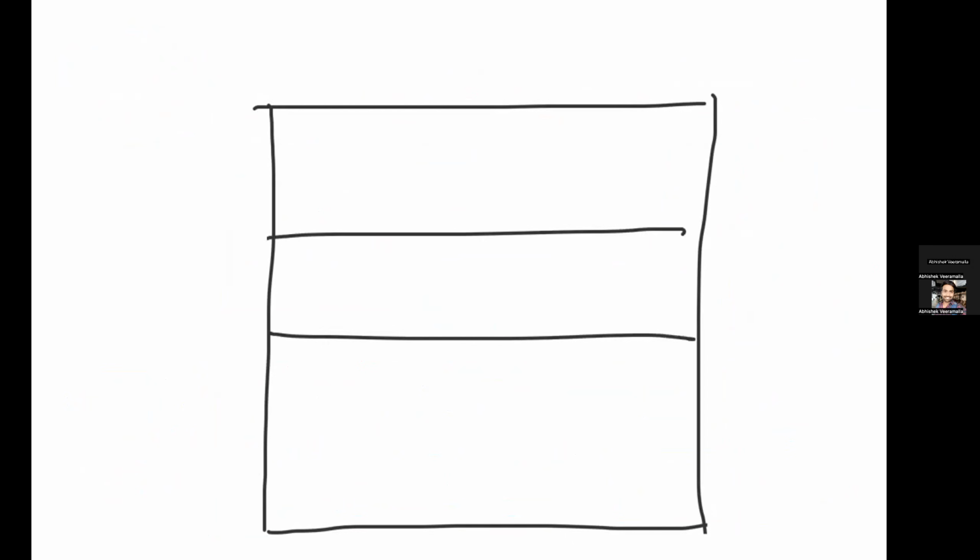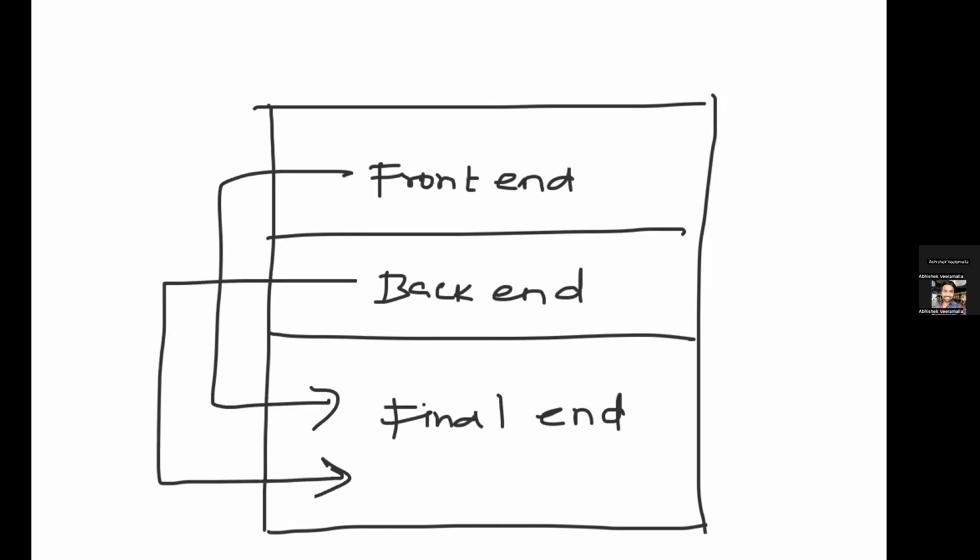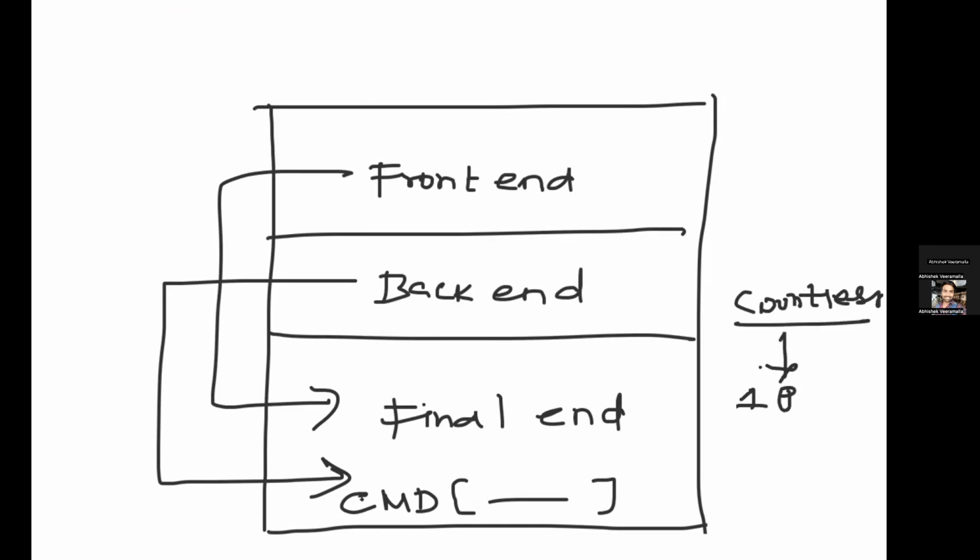In the first stage, you might only focus on building your front end. Second stage, you might only focus on building your back end. And in the final stage, you will only get the dependencies from the front end stage and back end stage, and as part of your CMD, you will just execute it. So if somebody asks you what is the number of stages that can be in a multi-stage Docker build, the answer is countless. You can create n number of stages,